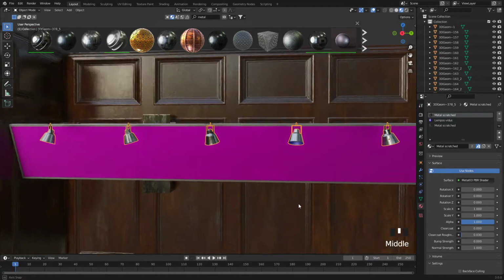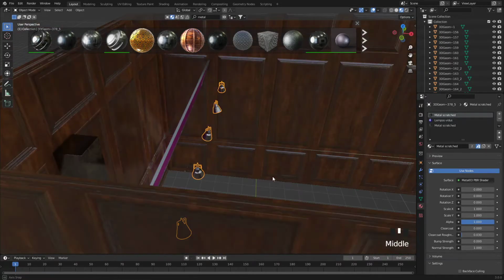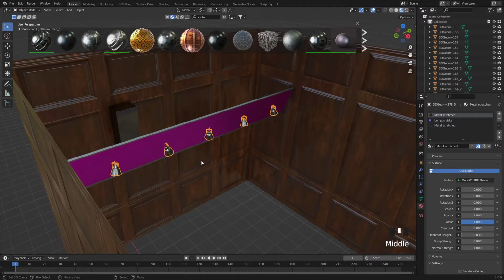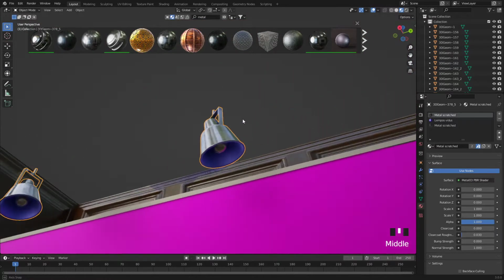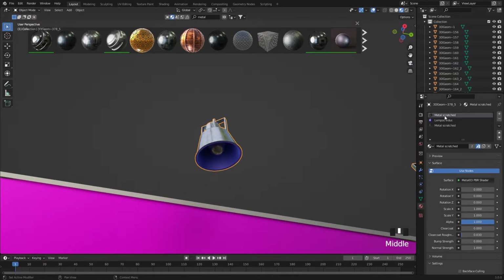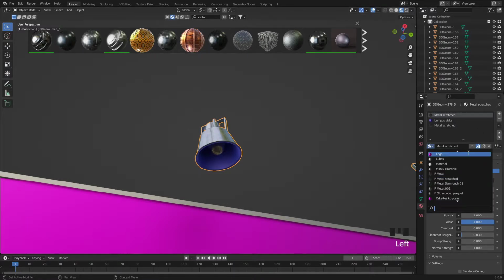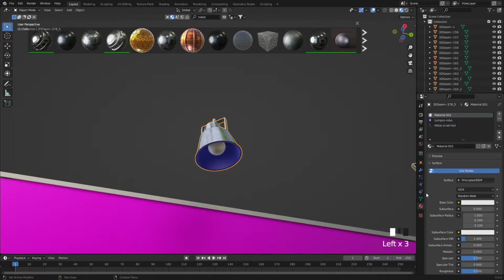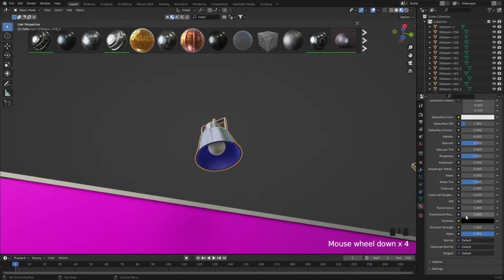You can use IES textures, which basically add in a throw pattern for the light. Those only work in Cycles as far as I'm aware, but you can find a bunch of IES textures online. I'm pretty sure they're even provided sometimes by the manufacturer of certain bulbs. Yeah, I'm just going to enable emission